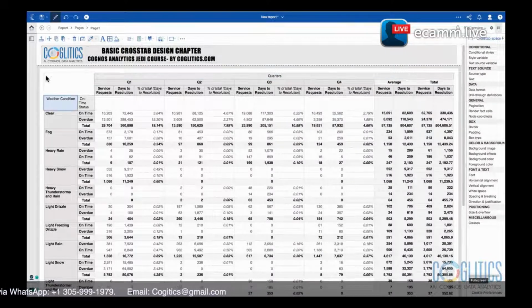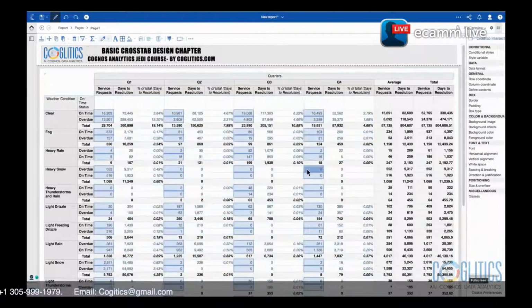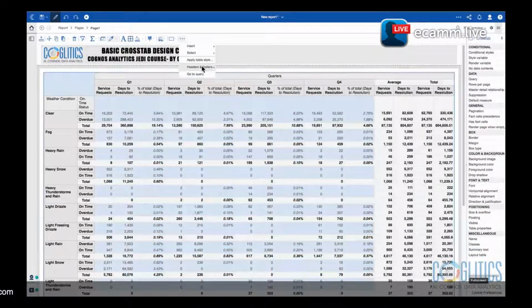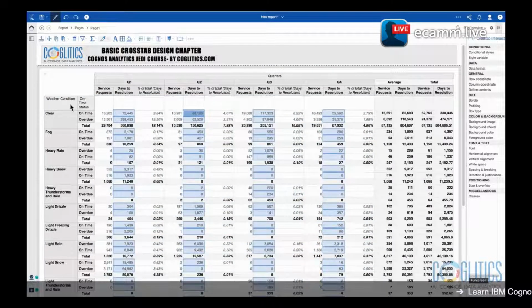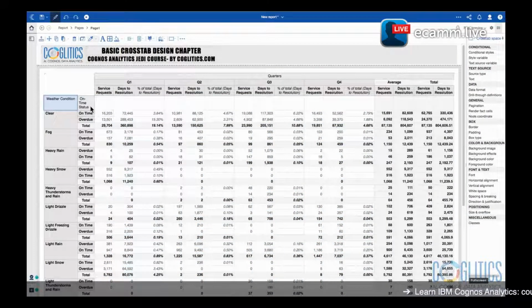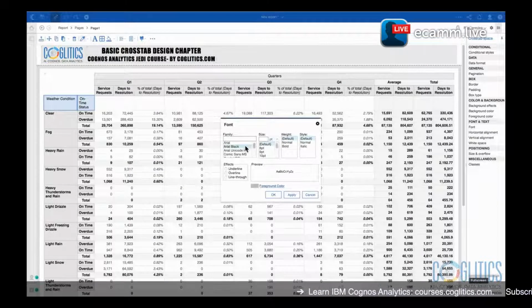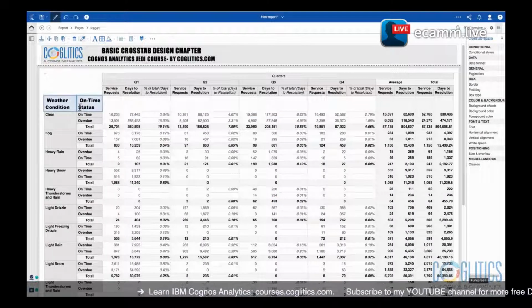Let's add a little bit of finesse. I think I'm going to keep this formatting because I applied some different formatting. You can actually apply table style. You can go and apply table style, but I like this. I like how this looks. All I'm going to do now is to bold these guys so that they stand out. So, you know, Arial Black is a good one. It's a very tasteful one. I like my Arial Blacks. Beautiful. Now you see that it sticks out and you have a very beautiful